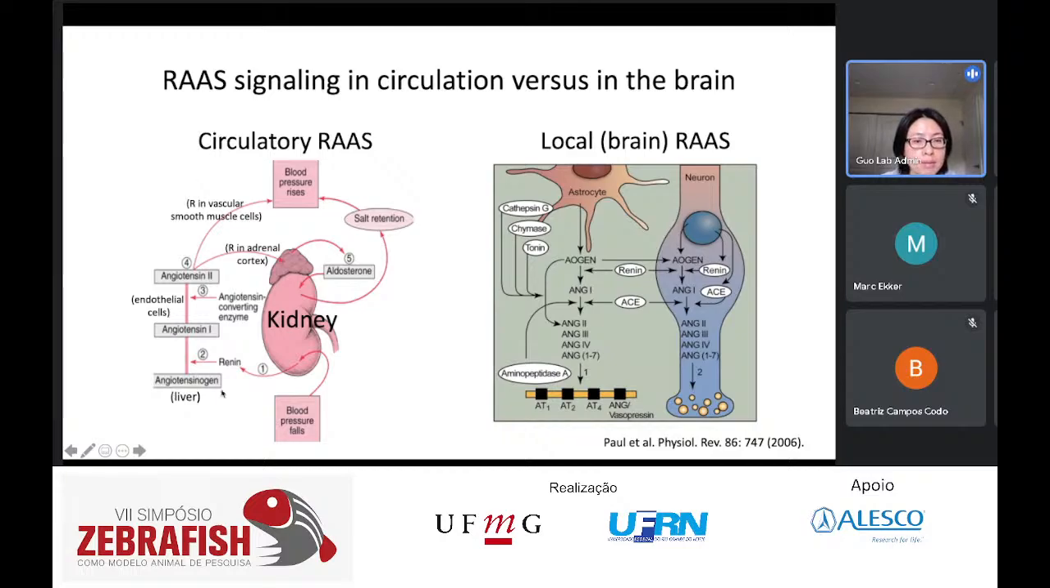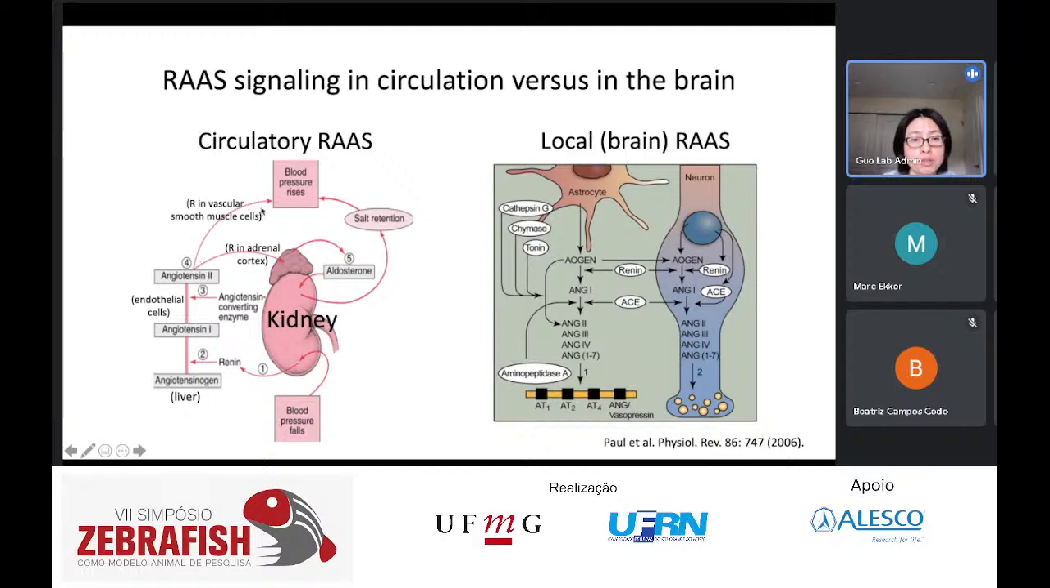This pathway starts with angiotensinogen, which is a pre-peptide that is secreted by the liver. Then renin, a protease secreted by our kidney, will process this propeptide into angiotensin 1. And angiotensin 1 gets further processed by angiotensin converting enzyme into angiotensin 2. Angiotensin 2 is a very active peptide that can act on receptors, such as angiotensin receptor 1, to lead